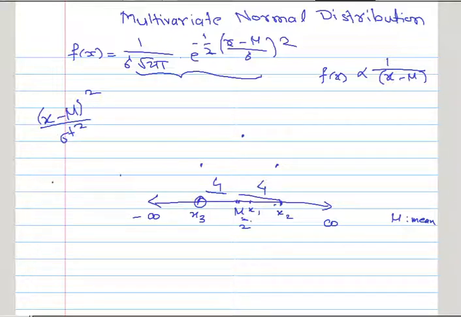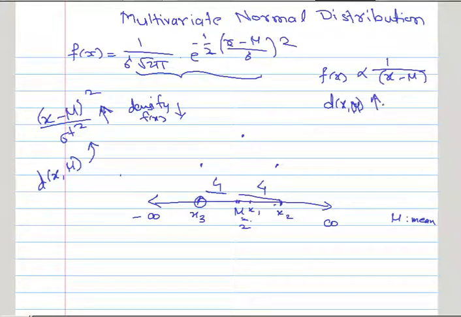So this will be the distance between the given point x and the standard point mu. So this will be a distance measure from mu to x, and we want densities to decrease along with this distance. If the distance increases, then the density f of x should decrease. So with the distance function d(x, mu), as it increases, f(x) should decrease. We want this to happen, and moreover we want this to decrease in an exponential manner. This density should be decreasing, and that should be in an exponential manner, and therefore accordingly we will have a density function.